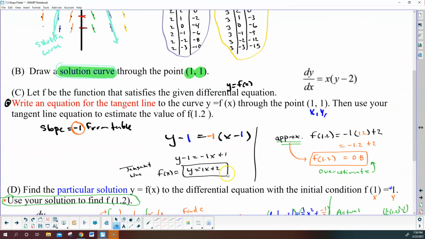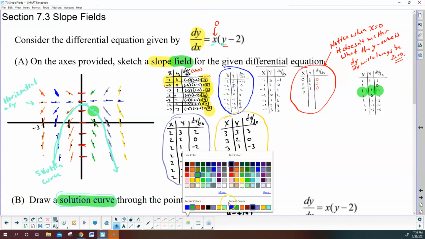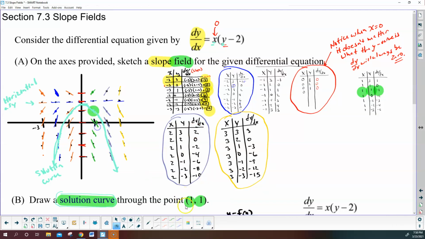So if we go to x equals 1.2, so estimating, here's x equals 1.2 roughly. What if I drew a tangent line in there? Right, so let's just pretend that this spot right here is x equals 1.2, and if I follow that up, here's my spot. Now notice, where would the tangent line come? It would be about right here, and the actual value is going to be below because this function here is